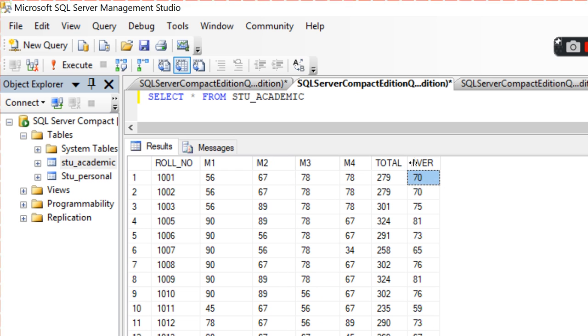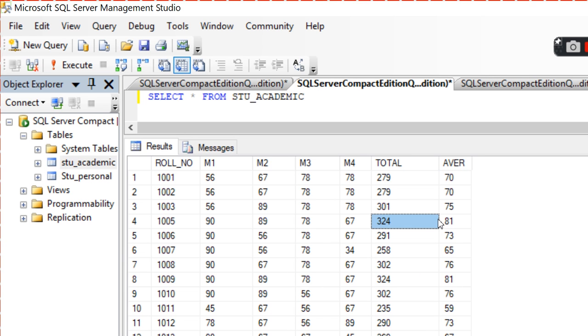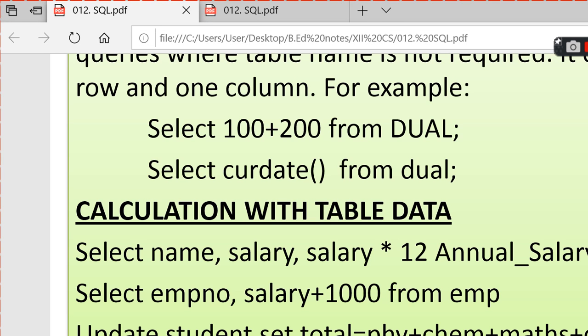This is what finding total and average is. This is what the updation command is. You learned this in 11th standard. This is the revision portion, but you should know very well about this updation, how it works. So you have to work out so many updation commands also. Okay, in this video I just made it like that. In the next video I will go into it, and in between I want to show you some other things also.